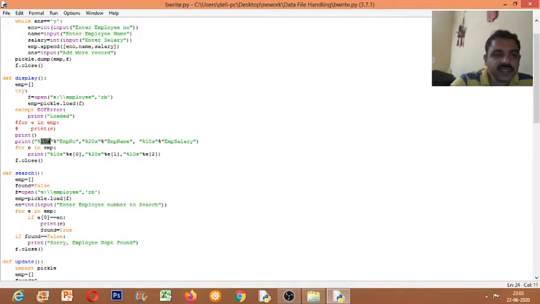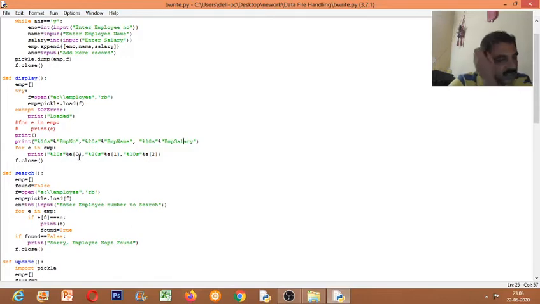It takes 10 spaces for employee number, 20 spaces for employee name, and 10 spaces for employee salary.